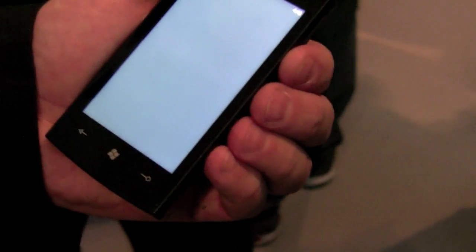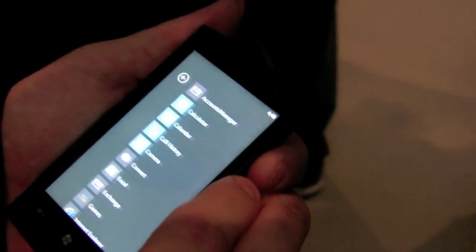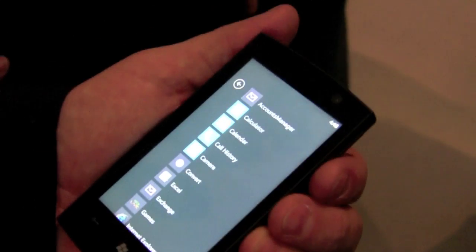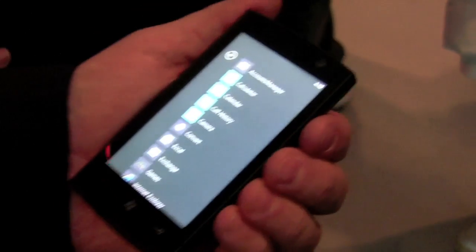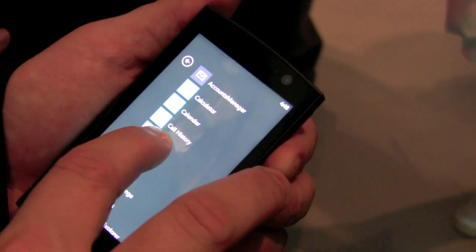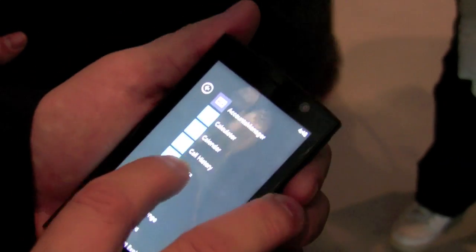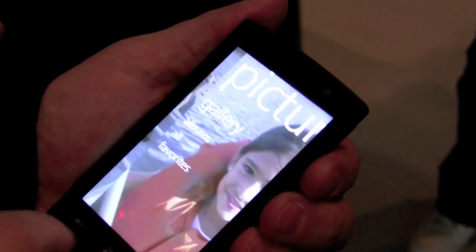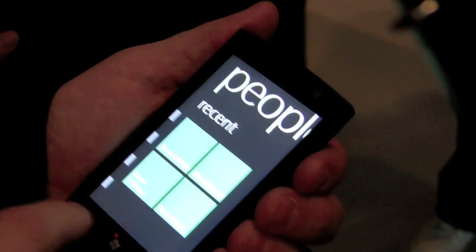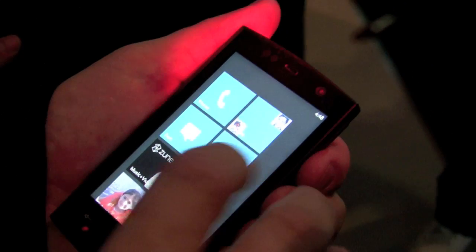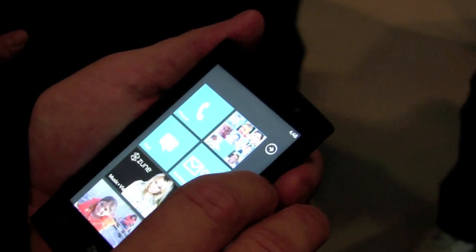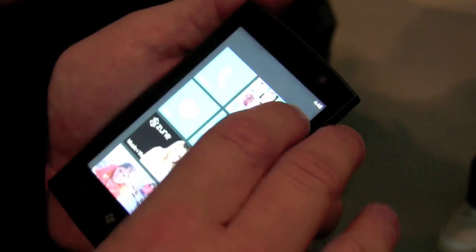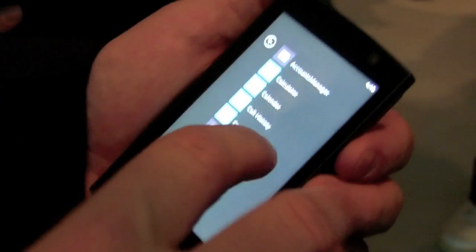So here's the start experience with all the live tiles. You click over here, you can go to a laundry list of applications that you happen to have on here. So for example, if you have a new application, you can select and hold an application, and a dialog comes up. Oh, it's going into the camera. That's not what I intended. This is the back button. So if I go into applications and I select and hold it, I'm going to have an option to pin that application to the start screen.